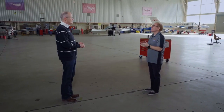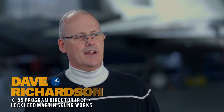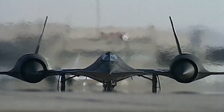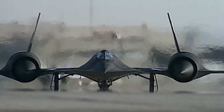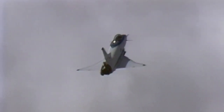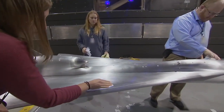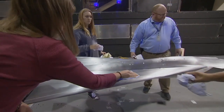Dave, I know Lockheed Martin has worked on a lot of X-planes in the past, but tell me a little bit about the challenges it took to build this plane that will actually mitigate a sonic boom. I think the biggest one was really waiting for the technology of advanced computers and computer speed to catch up to the science that was actually developed more than 50 years ago by NASA on how to make something low boom. The iterative process that is needed in order to change and massage the shape of the airplane,